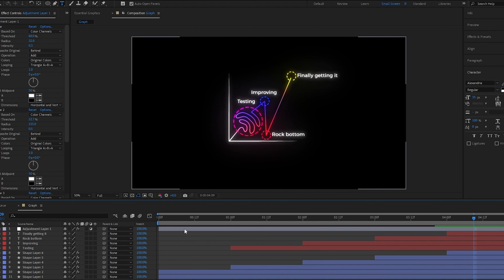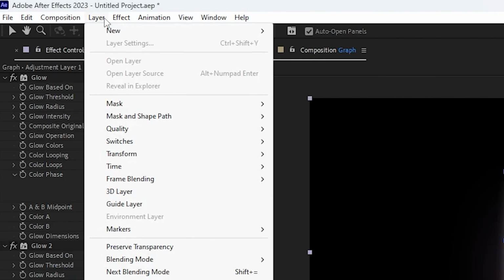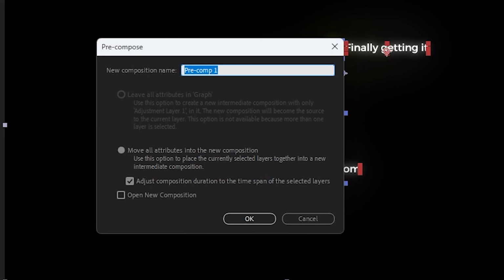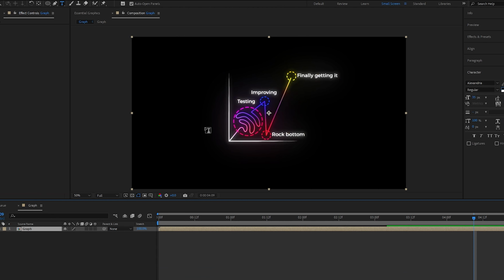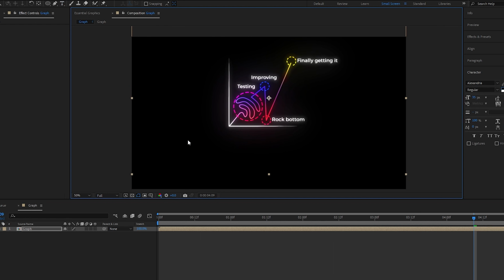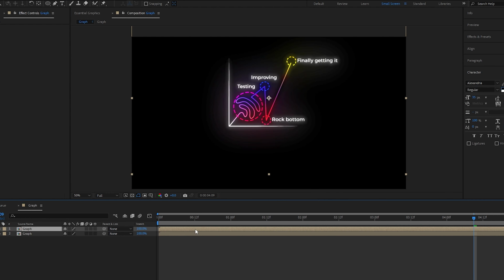Now select all our layers and pre-compose them, and name the pre-composition Graph. Then duplicate the pre-composition